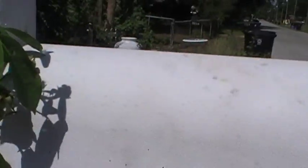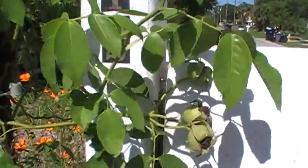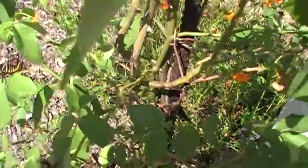Another thing that has me very pleased, I just remembered, is my Reve d'Or, a noisette, which is one of the very first roses I planted here in a water-wise container garden. It is also setting its first ever crop of hips. Nice big fat ones. Here's some pollinations I did on it. Let's see if it feels like there's a hip in there. Yeah, that's a hip. There's one. Oh, that one's huge. Let's see who the parents are